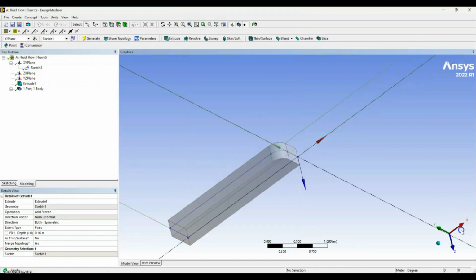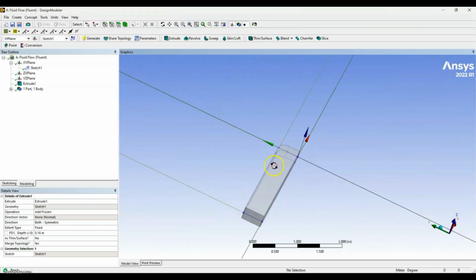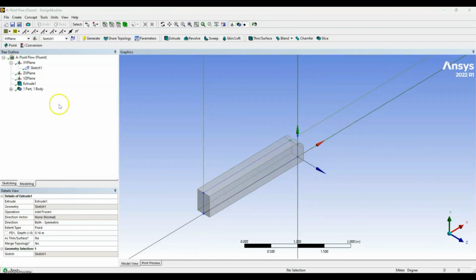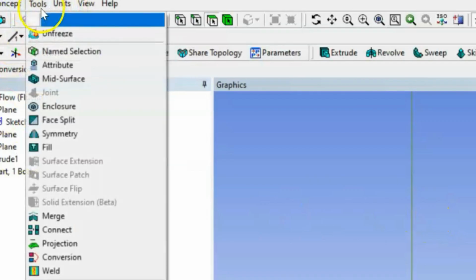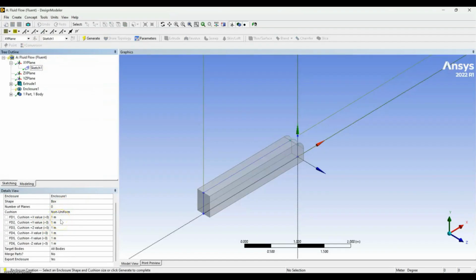Once you have generated, you can see the design that has been created. Next click tools, select enclosure. Now we have to define the dimension of the enclosure. For FD1, put the dimension 8 meter for X axis positive, FD2 Y axis positive 1.1 meter, FD3 Z axis positive